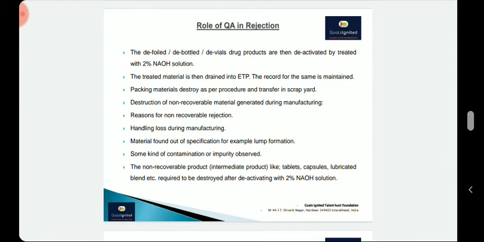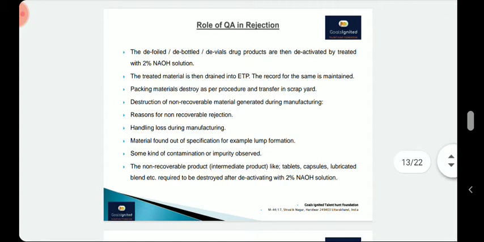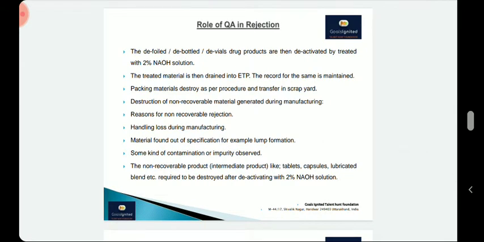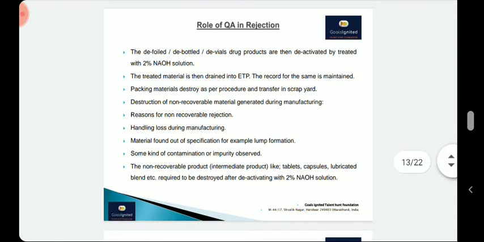For rejection during the production activity, as I discussed earlier, the role of QA is very important everywhere, to handle all the rejections on the shop floor. Any rejections are required to be informed to the purchase department, so that the proper financial debit note can be generated by the accounts department to the vendor. It is also required to be maintained in the records. It will also help in trending and in maintaining the vendor rating proforma for such types of rejections.